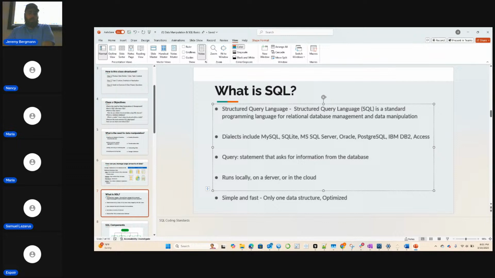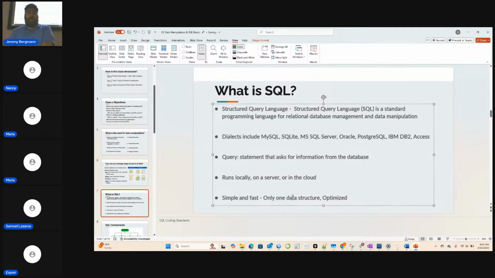SQL can run locally on a server or in the cloud. My class, Cloud Engineering, we do this in the cloud. And this database that we're using in this class is actually in the cloud. You don't need to know that for this class, but in the advanced class that we teach, we talk a lot more about data storage, retrieval and management within Microsoft Azure, our cloud platform. I have an advanced class for data engineers. But for this purpose, MySQL is running in the cloud, but it's not that important for it.